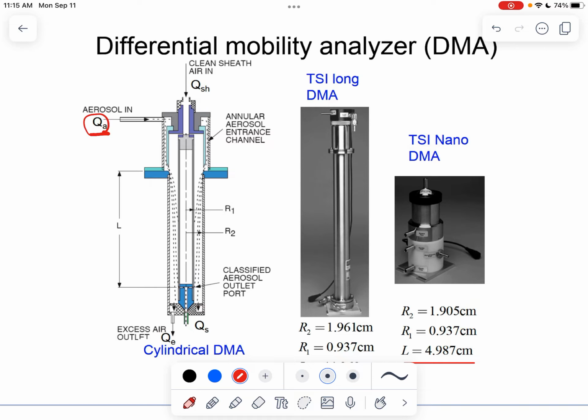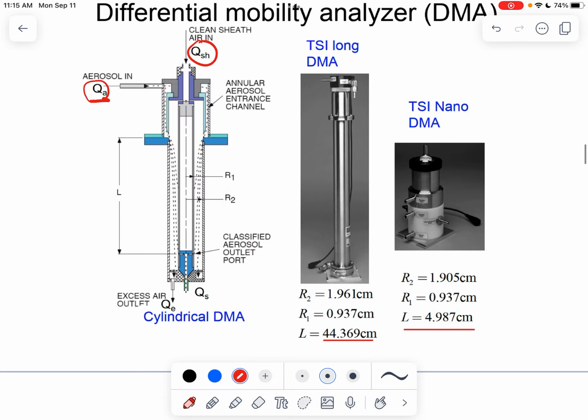You have the aerosol in from the top, and people normally use QA to represent the flow rate of the aerosols introduced into the DMA. You also have the sheath flow that is called QSH, right? So then at the outlet, you have the classified aerosols exiting through this outlet here, and we call that the